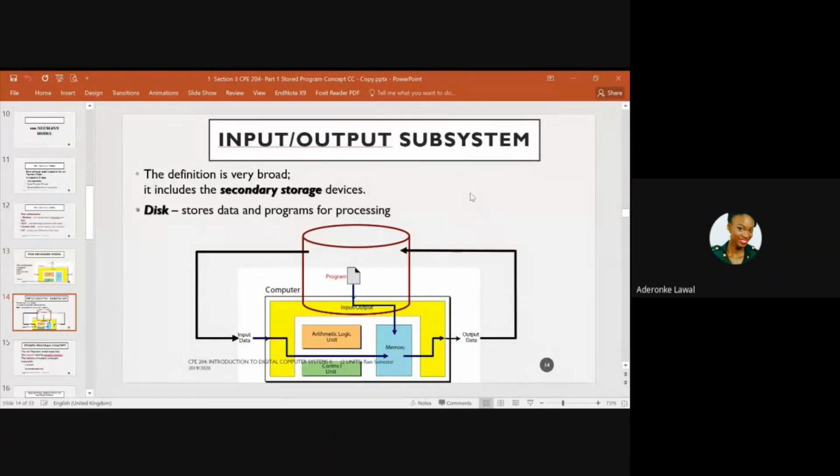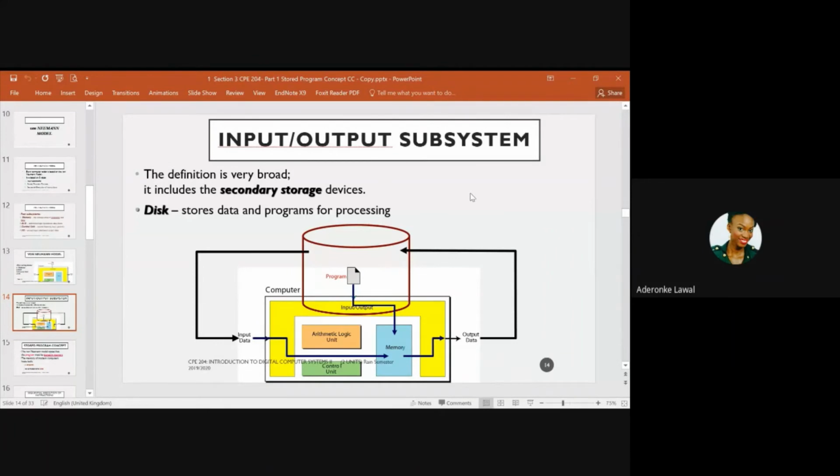So now let's talk about the input and output subsystem. When we talk about input and output, this basically has to do with data coming in and going out. And when we talk about data, we need to talk about storage. So basically, disk is where the storage is done. So you store data, you store programs for processing, and sometimes you have